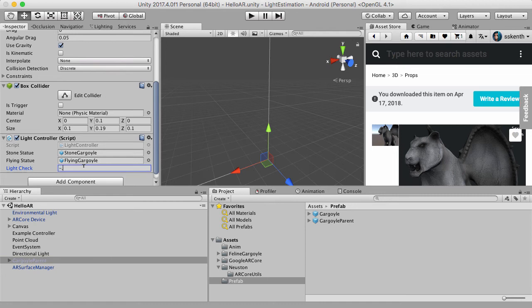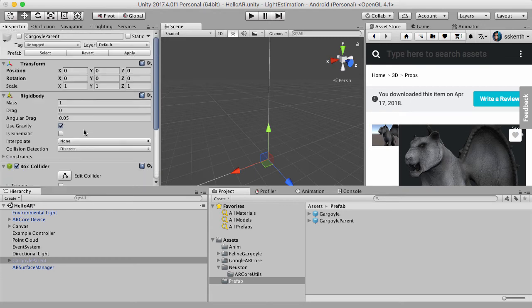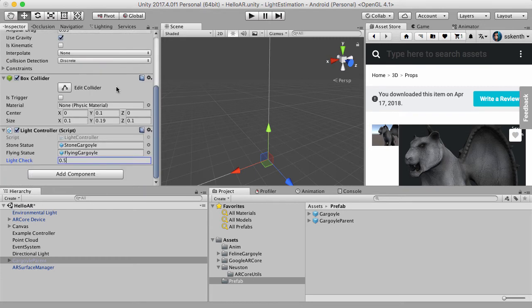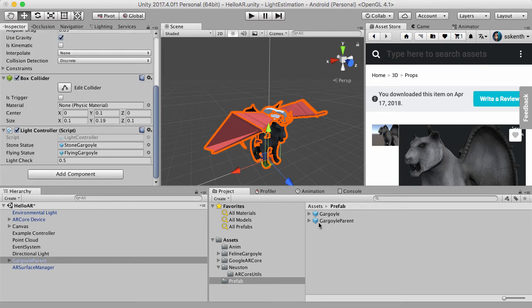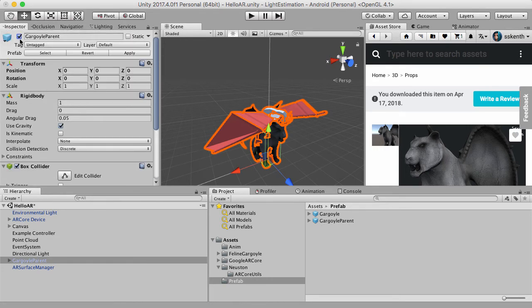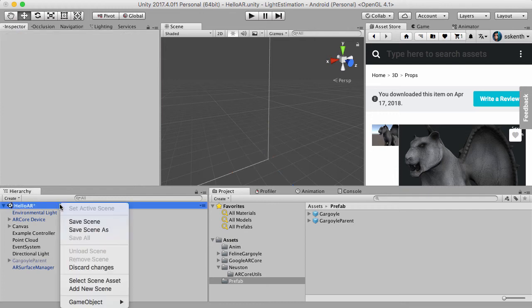So I'll put that as 0.5. Oh, not minus. That's not right at all. 0.5, and then I hit apply again. So now, oh no, I can't apply that. I have to make sure it's active, then apply. Otherwise, our prefab will be invisible. We don't want that. So now our prefab has 0.5, and then I'll hide this one in the scene, because